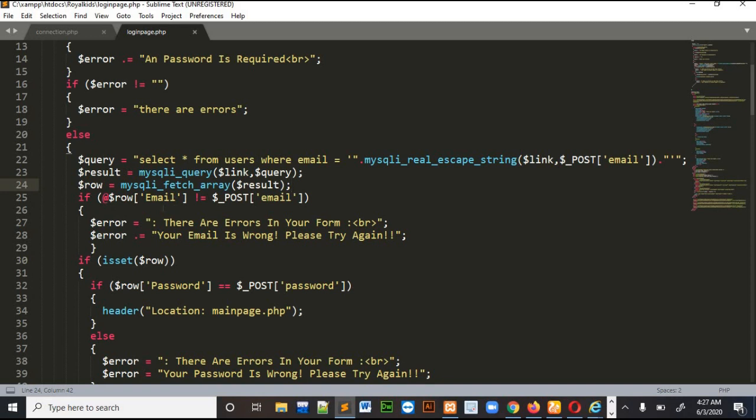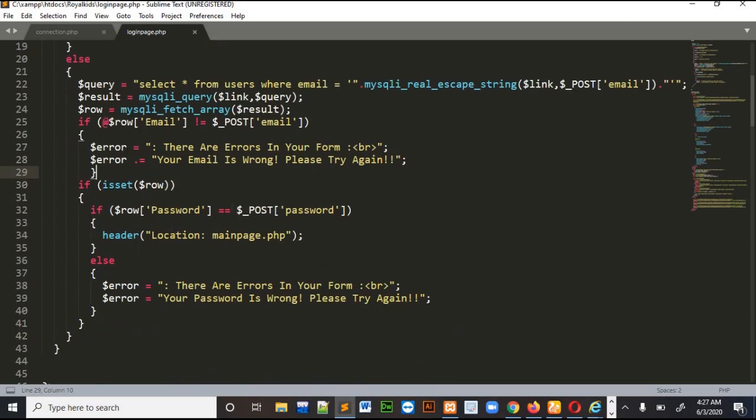I had done this validation again for the errors, though there is no need for this because we had already compared the email over here. So it is again comparing my email with the email I had posted. If it does not match, then there are errors in your form and your email is wrong. Please try again.